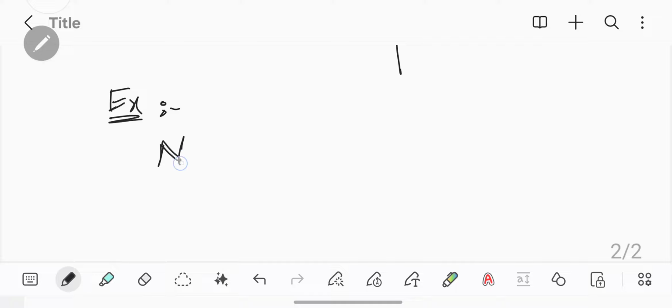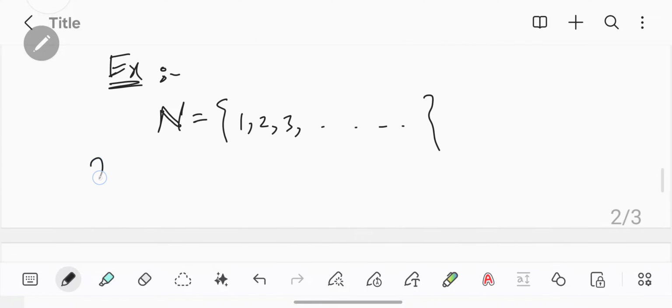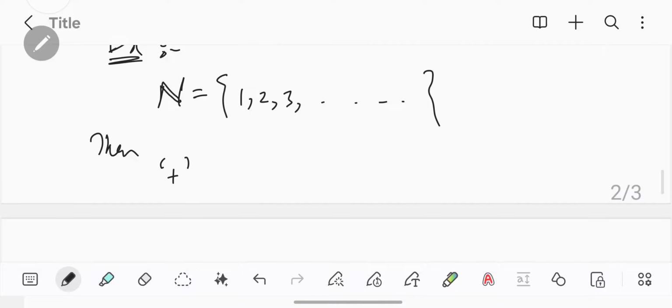Let's take the case of the set of natural numbers, 1, 2, 3, it keeps on going and never stops. Then what about plus? Is plus a binary operation on A or not? In other words, is plus an inner operation on A or not? My claim is yes, it is an inner operation